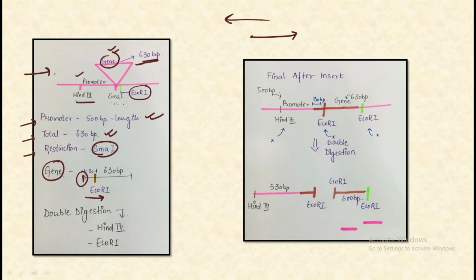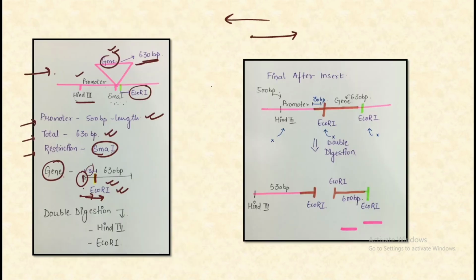the start site. So from the start site, or the start codon, there occurs an EcoR1 restriction site which is 30 base pairs downstream of the start codon. So beyond the start codon at 30 base pairs, we have marked the EcoR1. This is the complete information that is given in this lengthy question. So now let's try to solve the question.